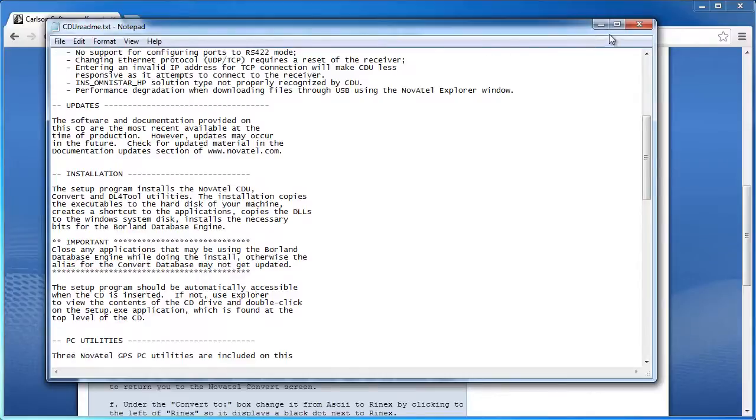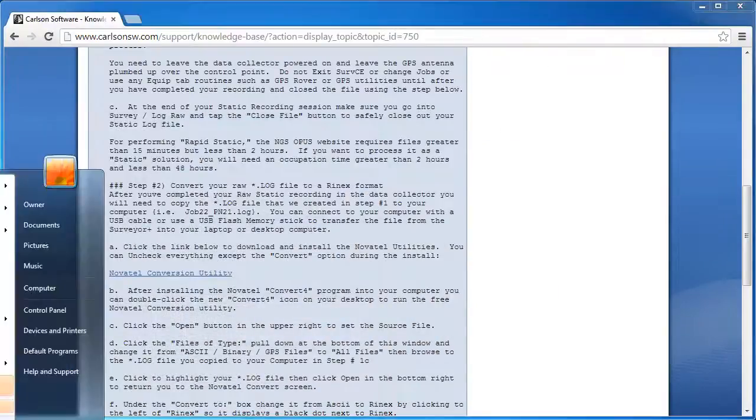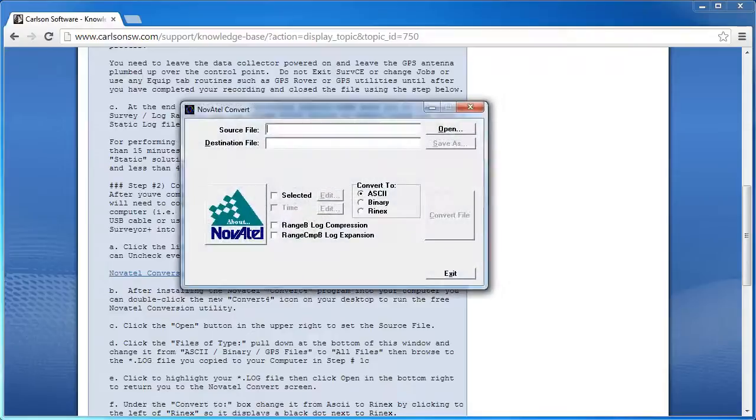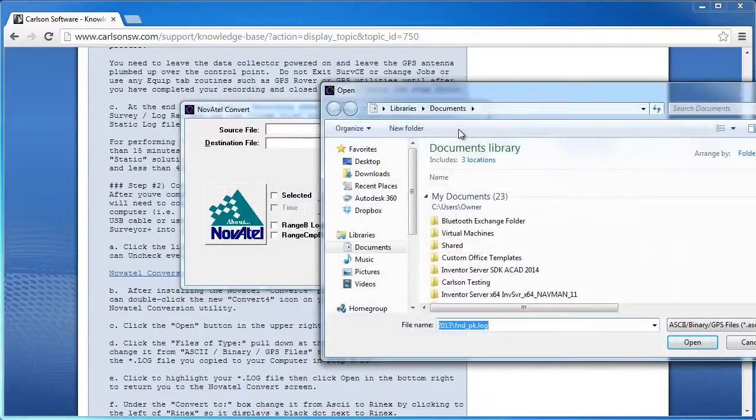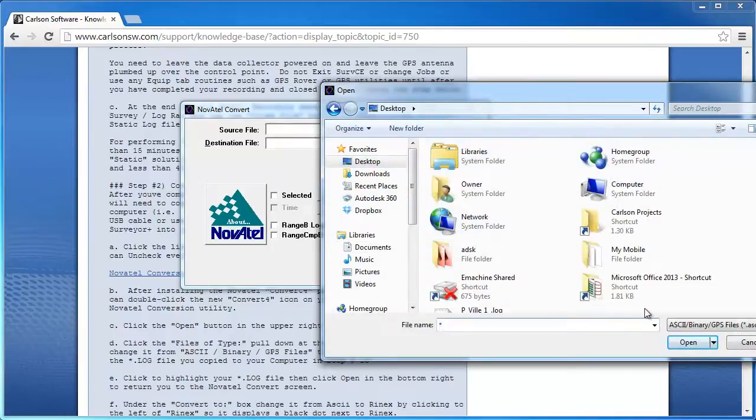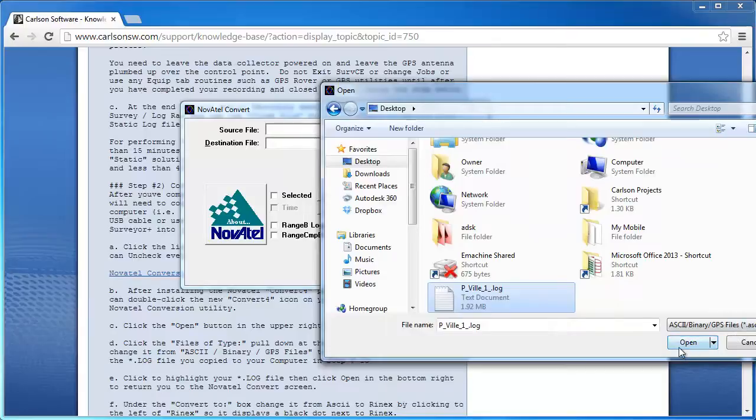I'll minimize that. I'm going to go to Program, pick Convert 4, open, go to Desktop. Okay, I'm going to type in *.log, and hey, there we have it. We have the log file. Pick Open,